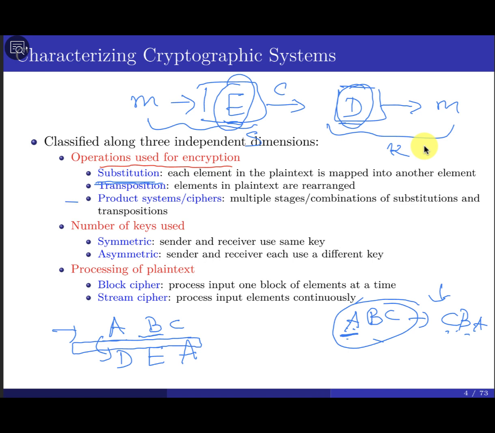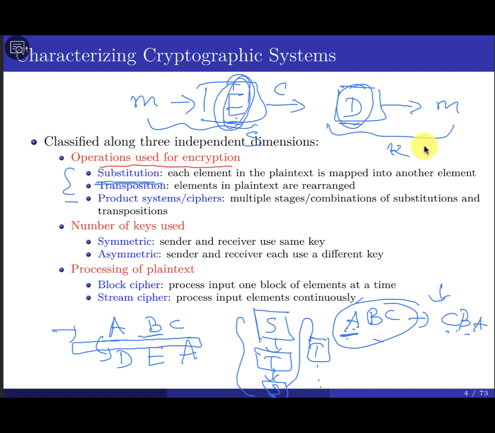The third one is to combine both of them. Substitution, as we're going to see, by itself cannot work 100%, and the same goes for transposition. That's why you mix them and do it in multiple stages. First I'm going to do substitution. Then the output goes through transposition. Then after that, you do another substitution. Then after that, transposition. So you see that we have multiple stages, a combination of substitution and transposition. That's the way you can classify different cryptographic systems based on the operation.